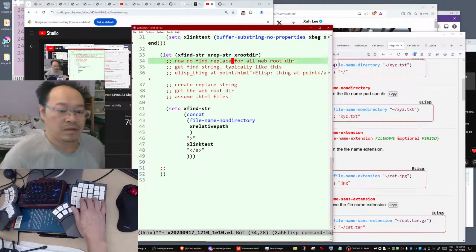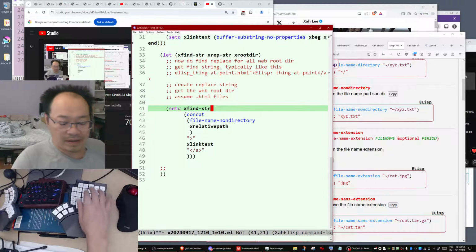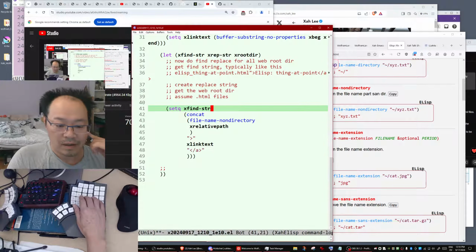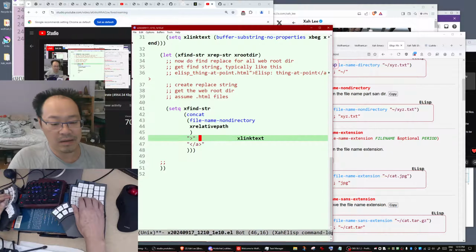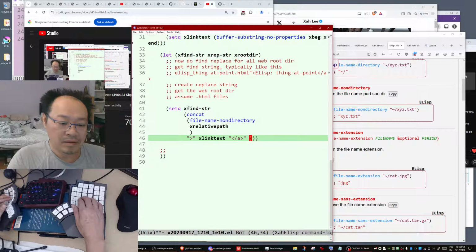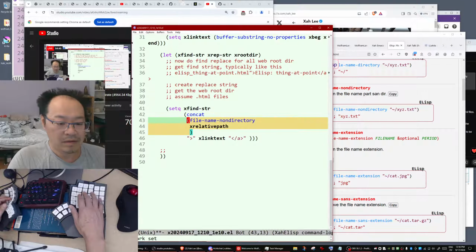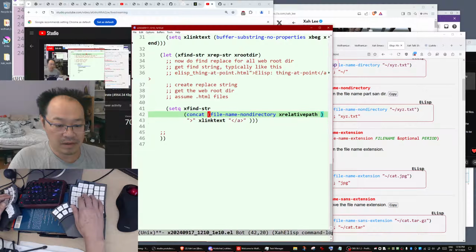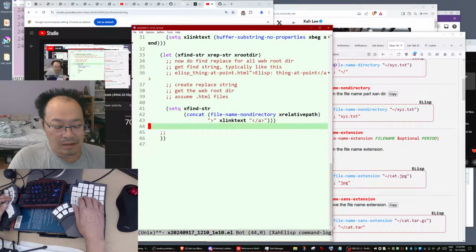The find string would be that, and this can be just one single line. Then you've got the find string.